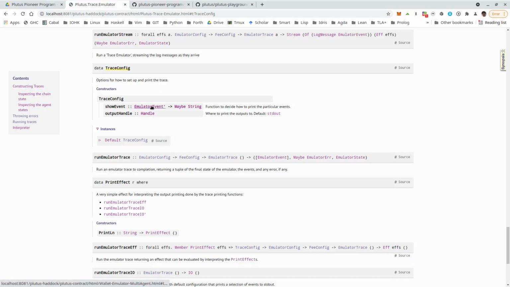And then for each such event, we can specify either Nothing, which means that event will be suppressed, or Just the string that should be displayed for that event. And this trace config is also an instance of default, so we can use def for the default trace config, which will be the one that's used by runEmulatorTraceIO, which shows very few events as we saw.